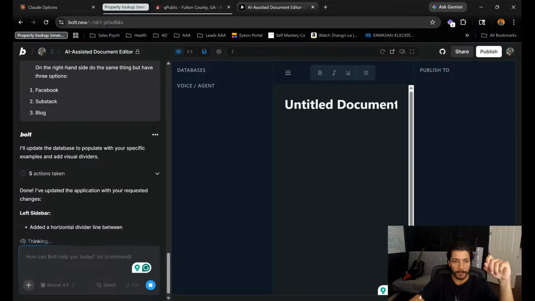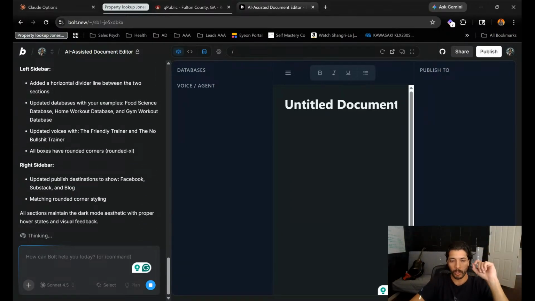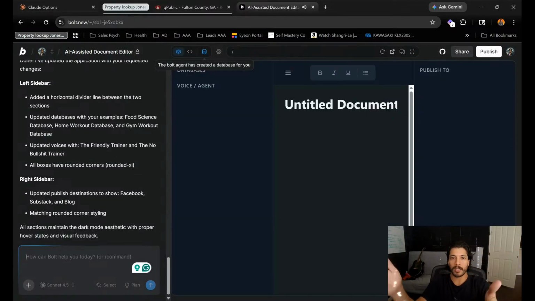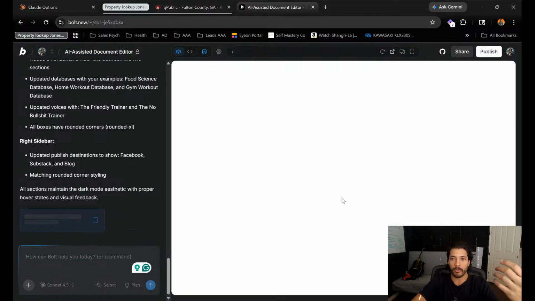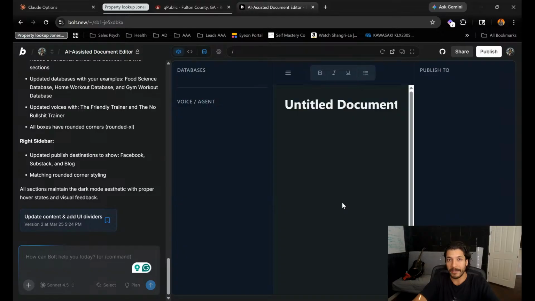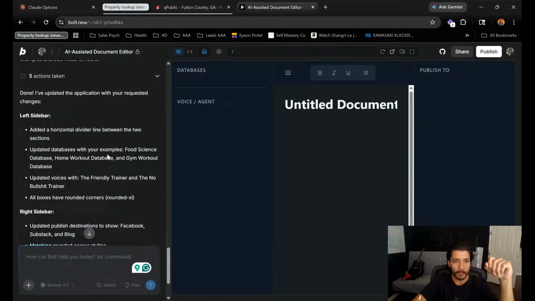So we're letting it do its thing. And what I need to see is the layout being a little bit closer to what I imagine in terms of the expected functionality, right? I think we all have expectations when we open a software of, okay, I should be able to click this button or do this thing or perform this action, and it should be clear, right? When I say you should be able to do it, you should be able to do it within 10 clicks. You should be able to do it with very little difficulty, okay? So that being said, we're still having an issue of this not having databases.